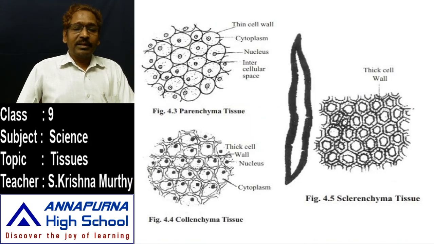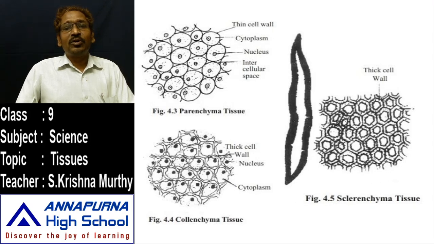Parenchyma tissue. Here the simple permanent tissue is divided into parenchyma tissue. Look at this parenchyma tissue. What is there here? The parenchyma tissue is arranged in different shapes and structures. Here between the two cells there is intercellular space. While studying meristematic tissue, there is no intercellular space between two cells, but here a very vast intercellular space is there.